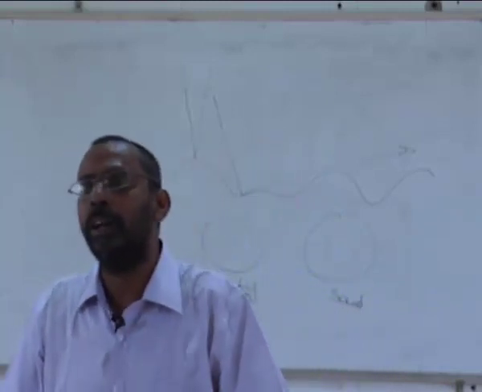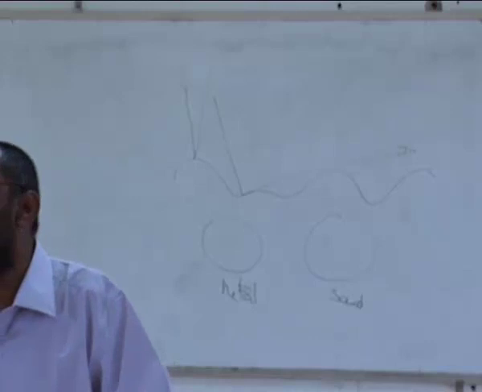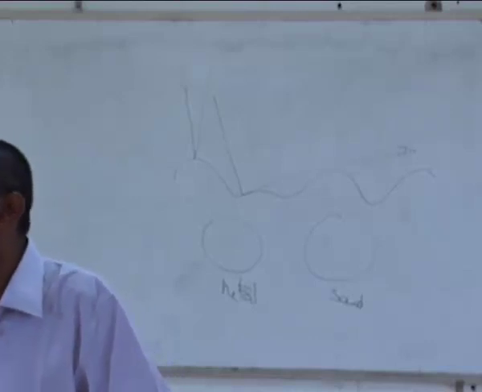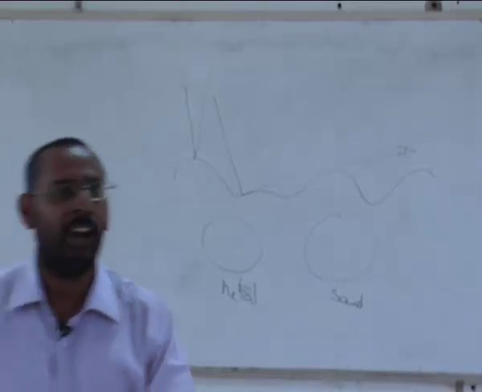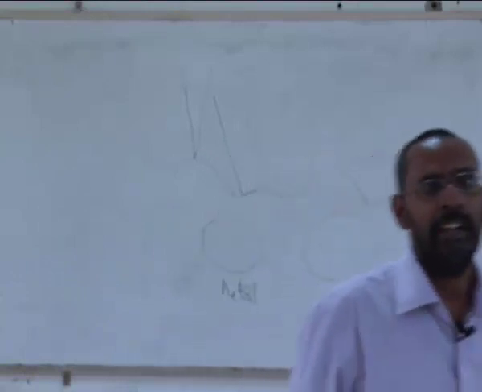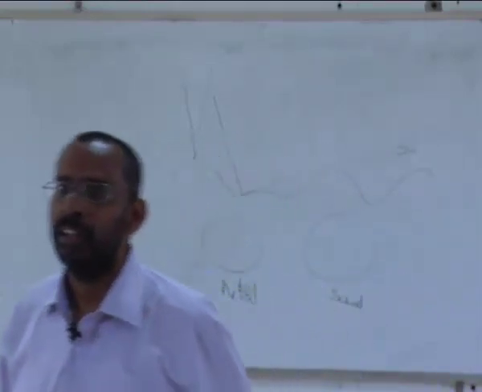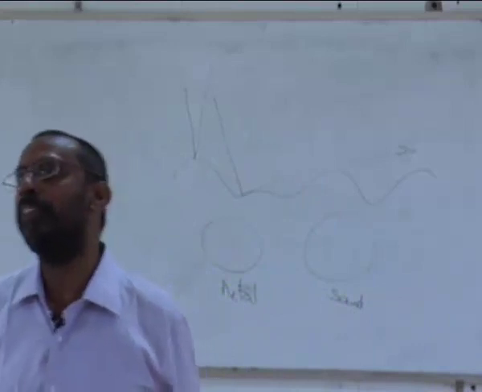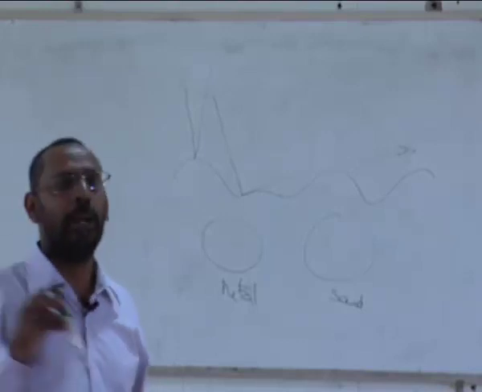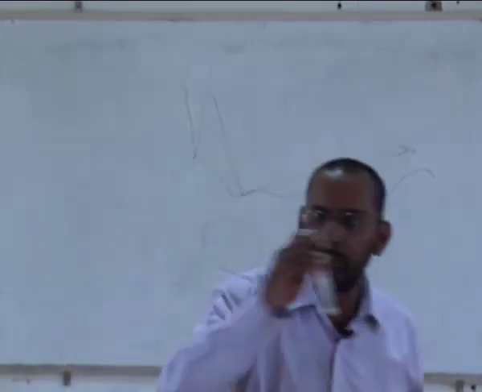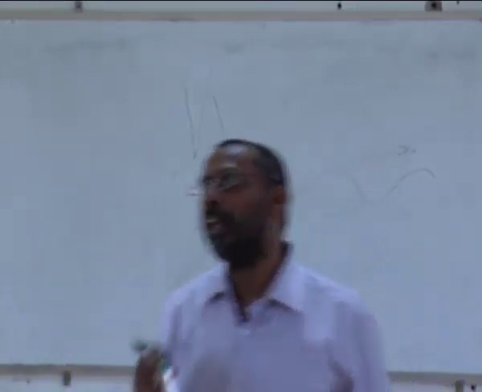What is melting point? G of liquid equal to G of solid. That's the definition of melting point. The free energy of both the phases is equal. And when the free energy of both the phases are equal, then there is no solidification. Solidification will happen only when there is a driving force. And to achieve a driving force, you need to cool it below the melting point so that at a temperature below the melting point, the solid has a lower free energy.